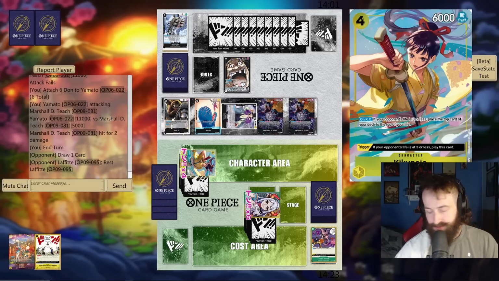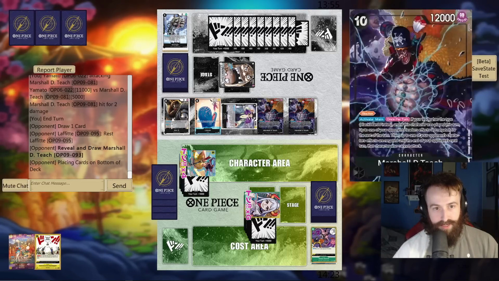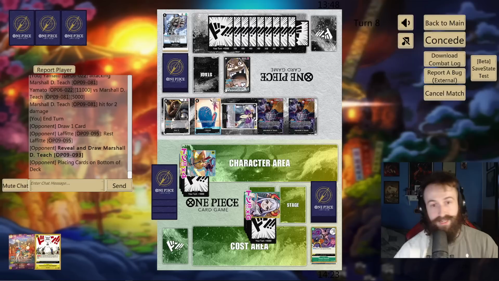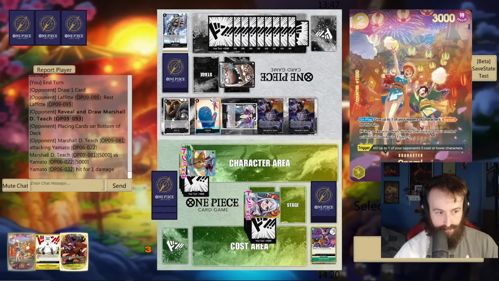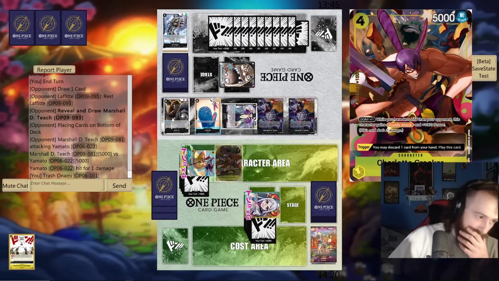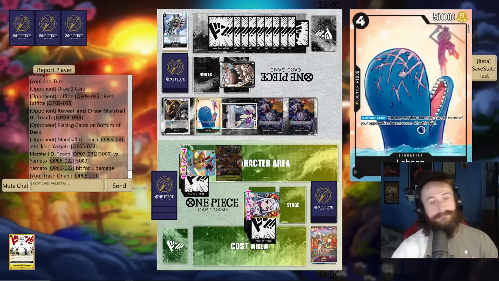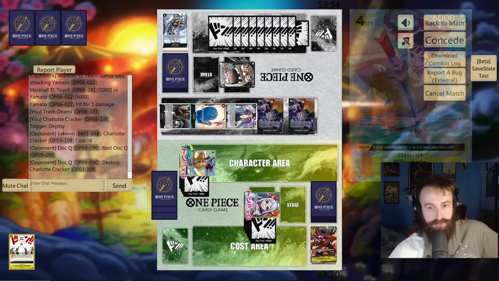Maybe he doesn't want to KO this. That was our best chance with the straw sword. If only we had a Maru or something. He got another Martial D Teach, but he had to use a Searcher for it, so he can't play that out right now. Just get more bodies. We just got to get more bodies. If we can get a Hody, we win. Because we can't rest them, but it's still a rush card. Our ace can't...